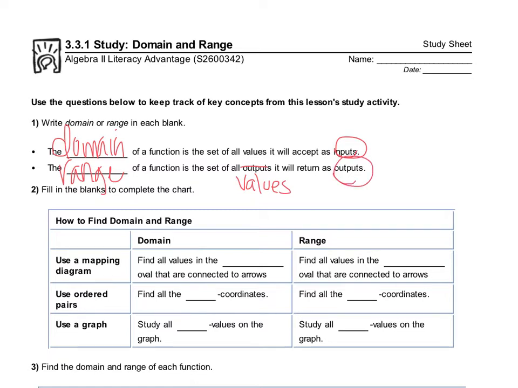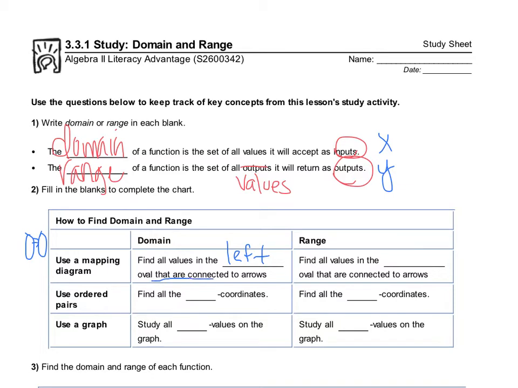You may also recall that our domain is our x's and our range is our y's. X's are our inputs, y's are our outputs. So there's a couple different ways we can find the domain and the range. Starting with a mapping diagram. Remember, a mapping is the one where they have the two circles and the arrows drawing from one to the other. So to use a mapping to find the domain, you find all the values in the left oval